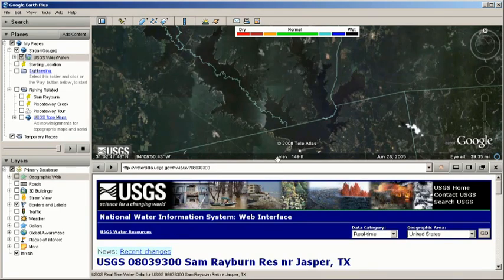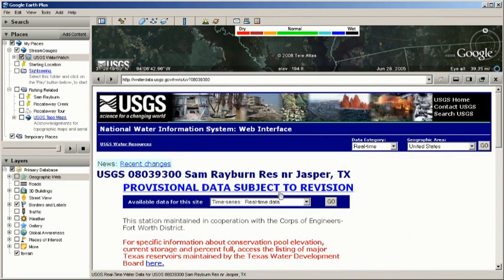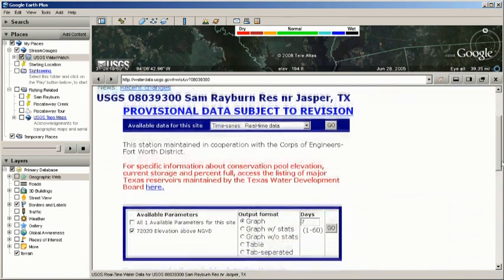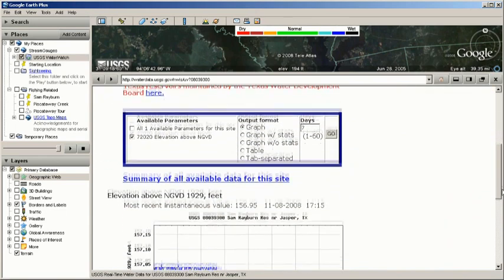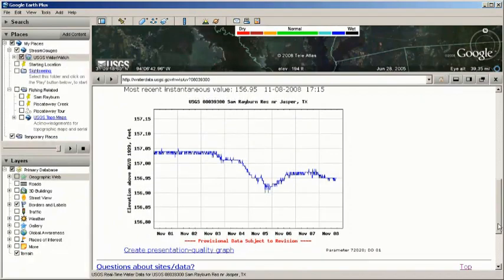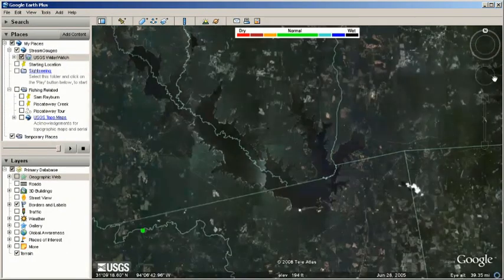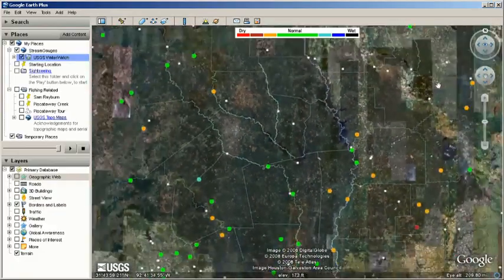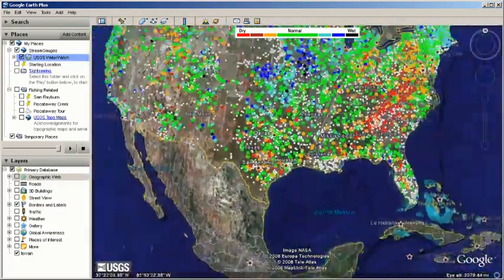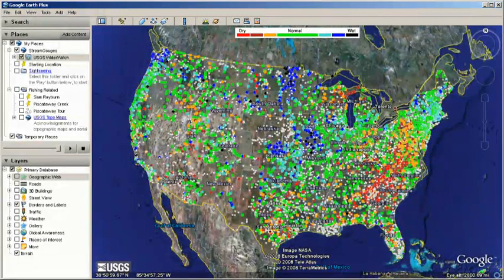Google Earth has a built-in browser that will automatically load that station's data and information, and it allows you to view and create graphs of both recent and historical water readings. Let's go ahead and close this browser up. If you zoom out, you'll notice how wide of coverage this plugin covers. It's such a neat feature that you can use right before you hit the water to get your lake levels